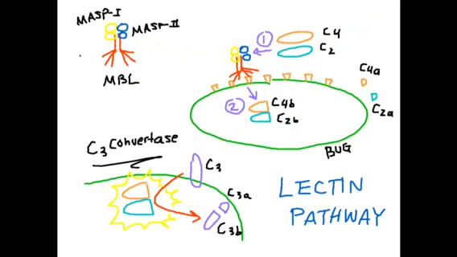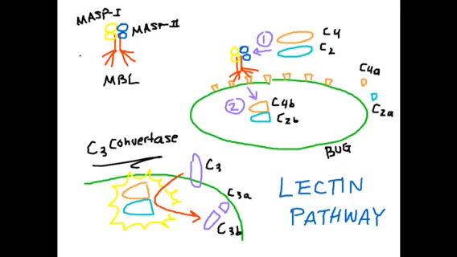Alright, so the third and final way in which the complement system is activated is through a pathway known as the lectin pathway. The lectin pathway starts with a molecule that is very similar to the C1 complex seen in the classical pathway. The MBL complex, or mannose-binding lectin complex, is integral to the functioning of the lectin pathway. In a mannose-binding lectin complex, you've got a protein, the mannose-binding lectin, or MBL for short, and 4 accessory proteins. These 4 accessory proteins will come into play later, but for now, you have 2 MASP1s and 2 MASP2s